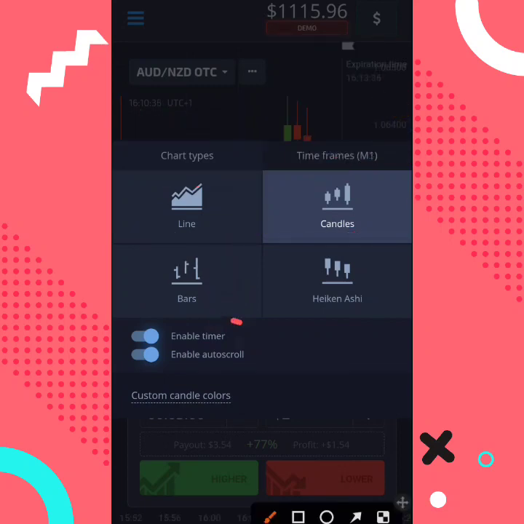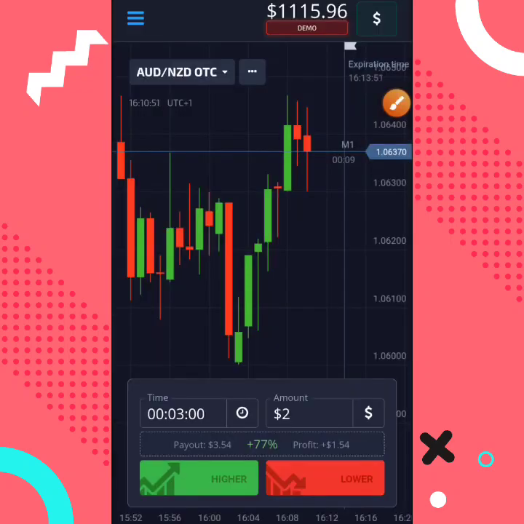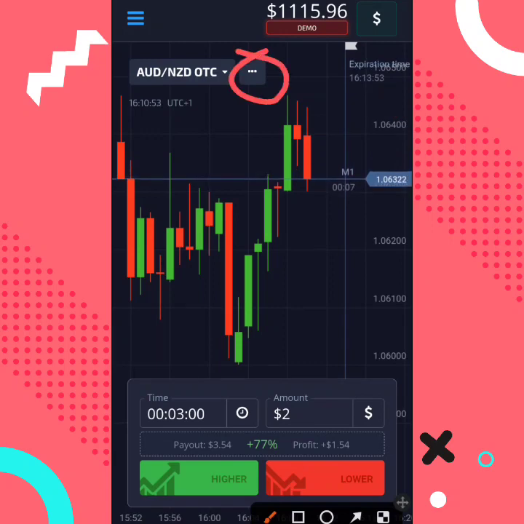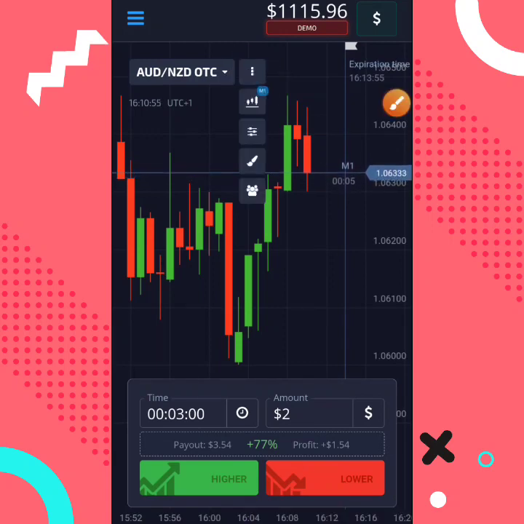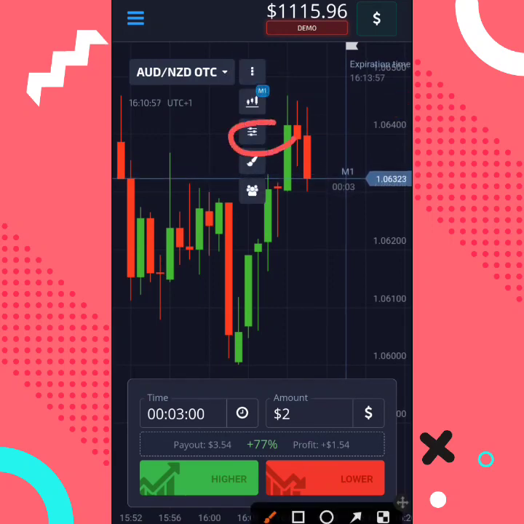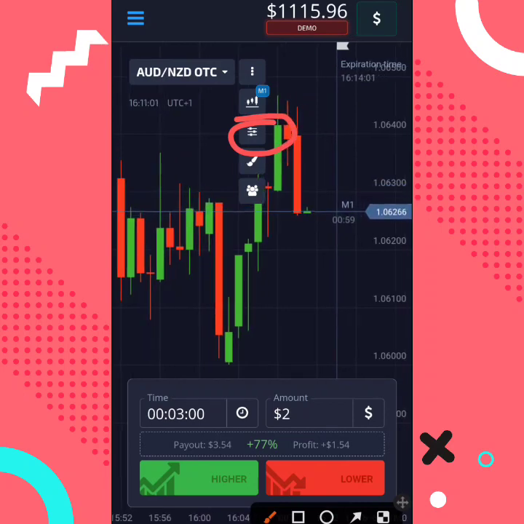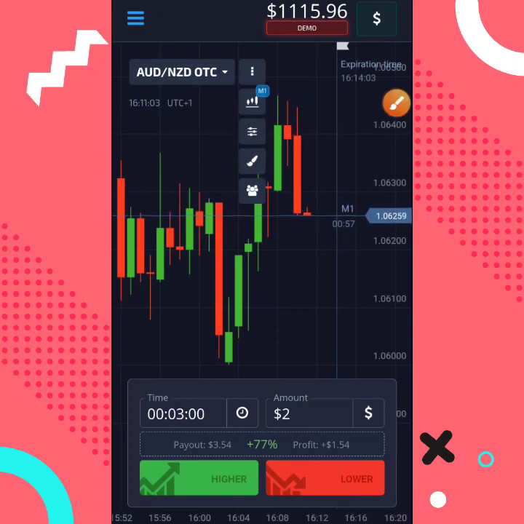Then the second thing is to enable timer. Now this is to allow you to see the time that is left for the candle to finish so a new one will emerge. So it's always good you enable this. Then back to this menu. The next one here is indicators. So we'll be looking at this later. Then here we have the list of